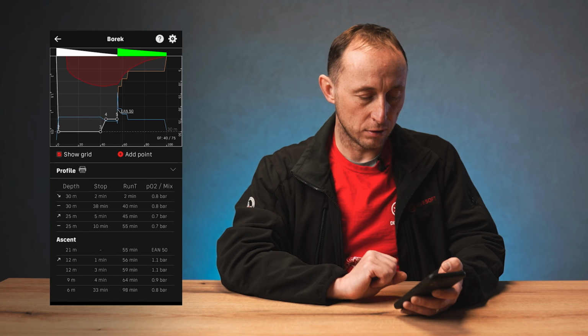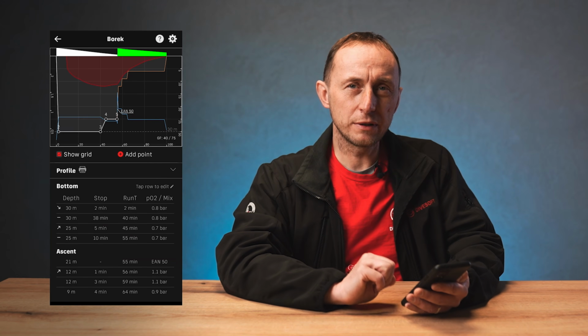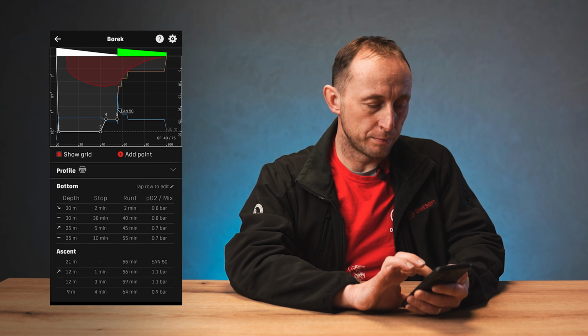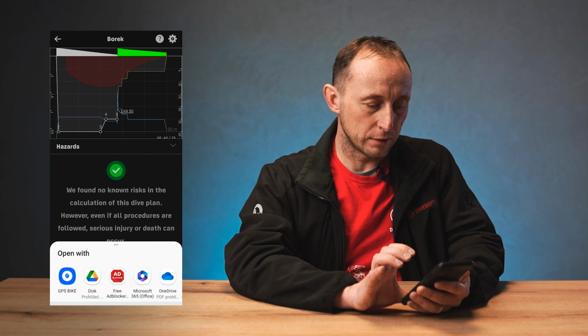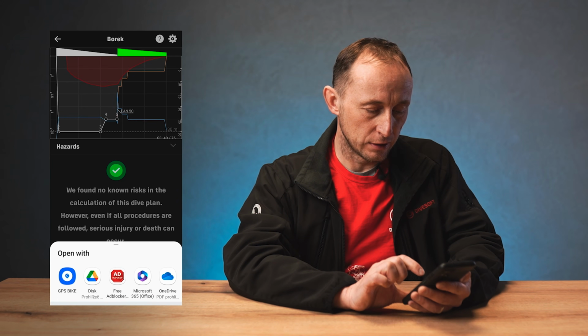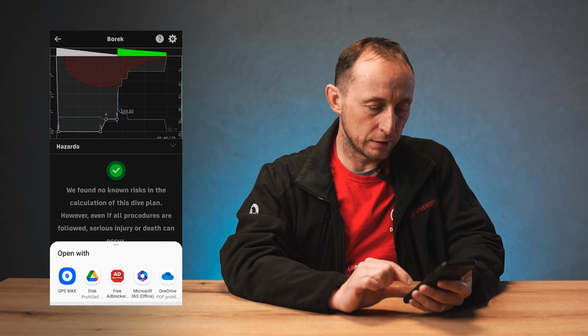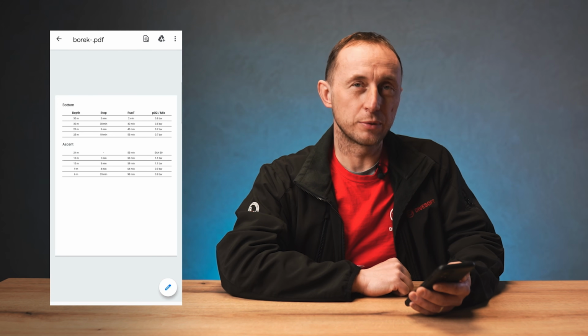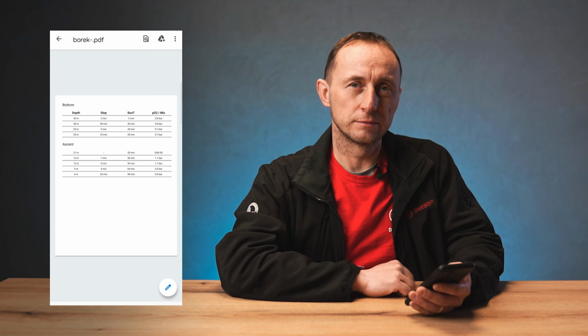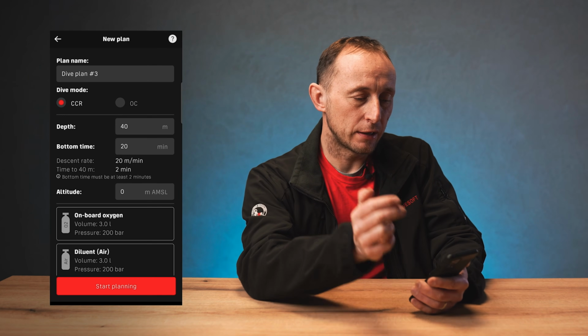So we have the whole plan here. You can print this profile as well. So tap on the print button. Now it's creating the PDF, and you can open it in your desired application, and you can print it on your printer. So now we can plan another dive,